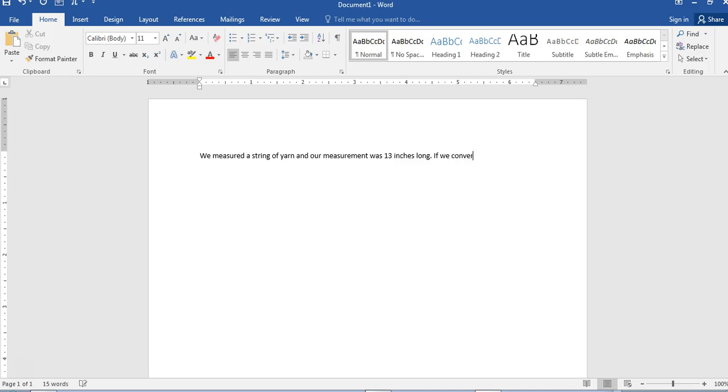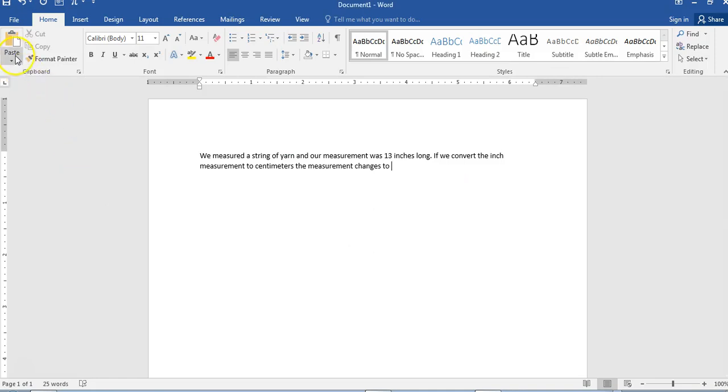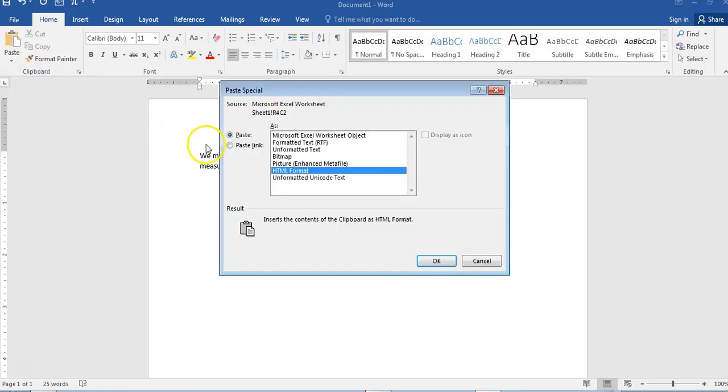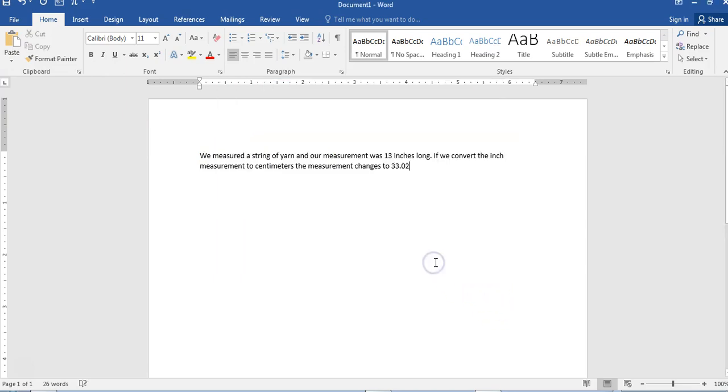If we convert the inch measurement to centimeters, the measurement changes to, and let's go back to our Excel spreadsheet, go to centimeters, right click on our centimeter number, go to copy, let's go back to Word, paste special, paste link, unformatted text, and say OK. 33.02 centimeters,